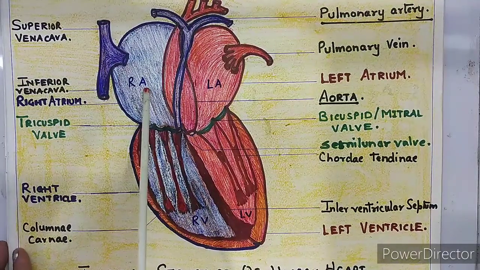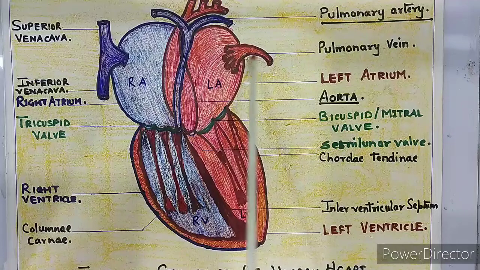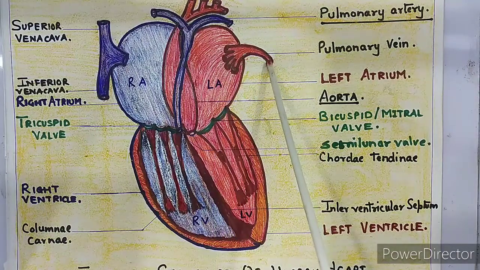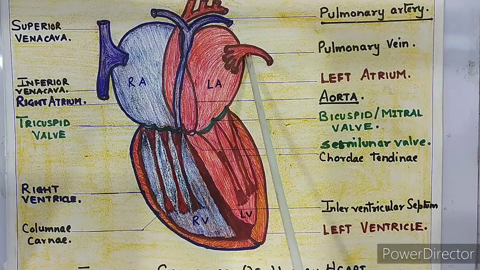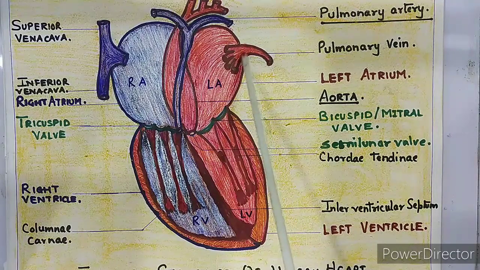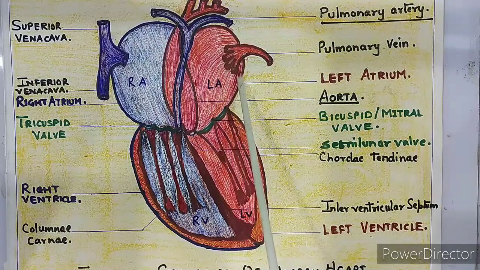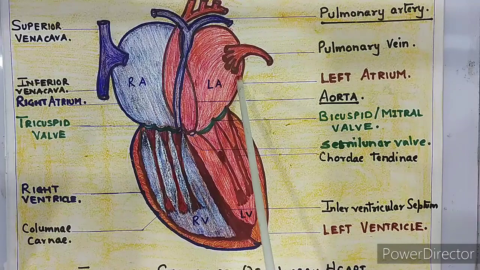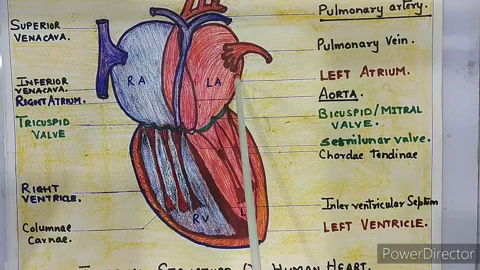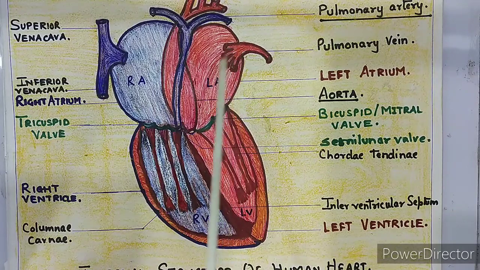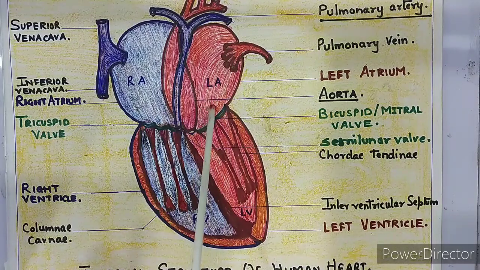At the same time, children, there is a pulmonary vein. Look at the left side. This pulmonary vein is coming from the lungs. As it enters into the heart, it divides into 4 branches. See the 4 smaller branches. So these 4 pulmonary veins bring oxygenated blood and pour it into the left atrium.